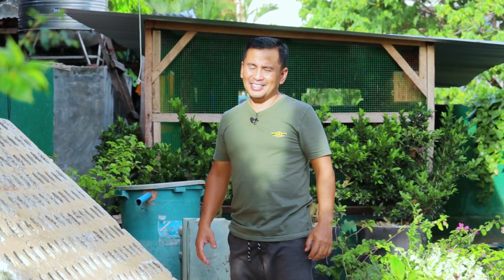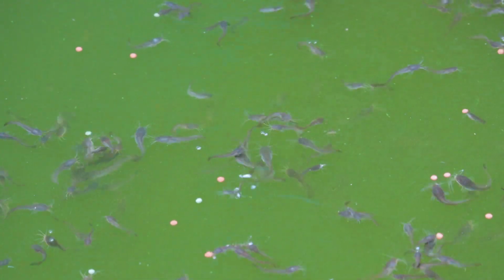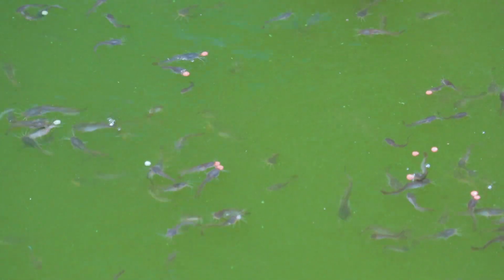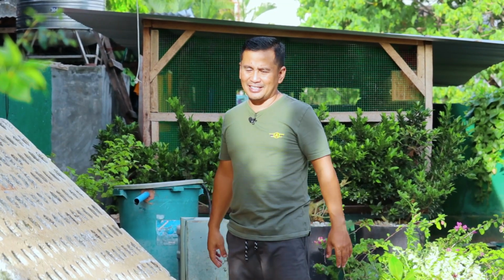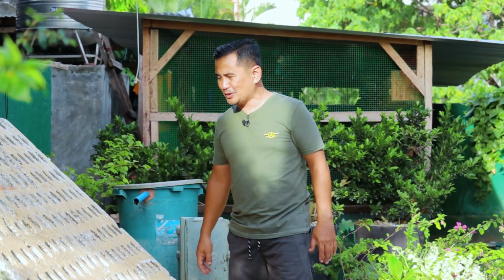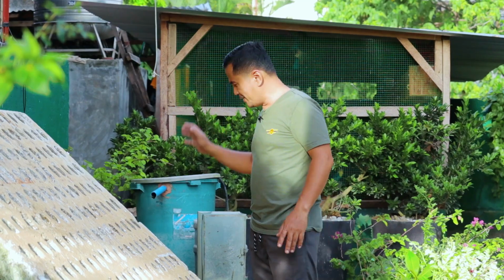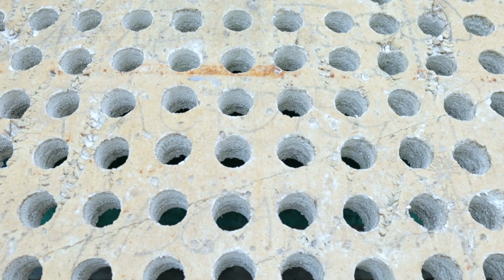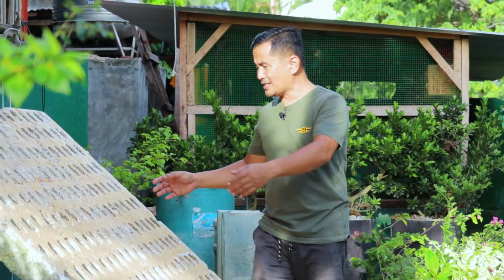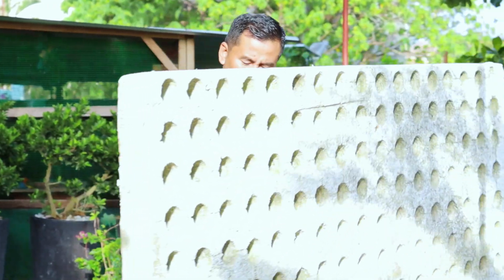My answer is actually no. Of course, if we're raising this in a mud pond, no problem. But if you're raising this in a concrete tank, we have to regulate the temperature because they do not like very warm temperatures, unlike goldfish and koi, which really like warm temperatures. That's why I have this styrofoam. I utilize this as our cover, especially during noontime, because this area is very warm and I'm afraid our catfish could not tolerate it. So for the meantime, we will momentarily lift this one and put it on the side, and you can see here